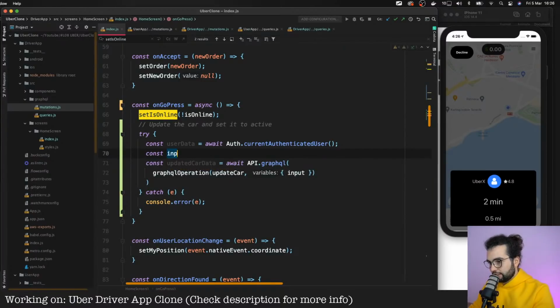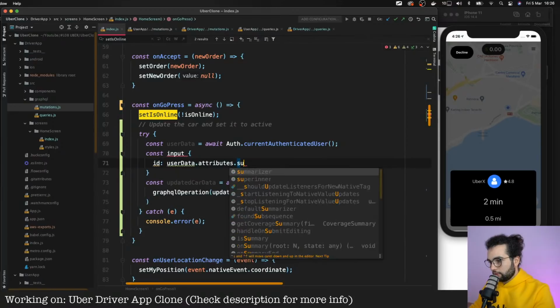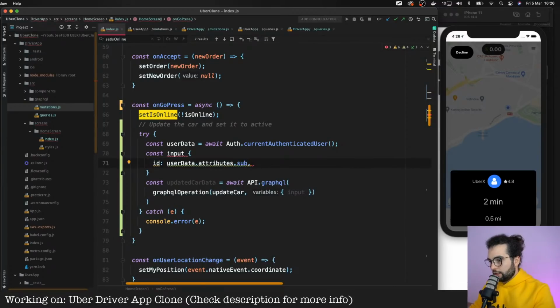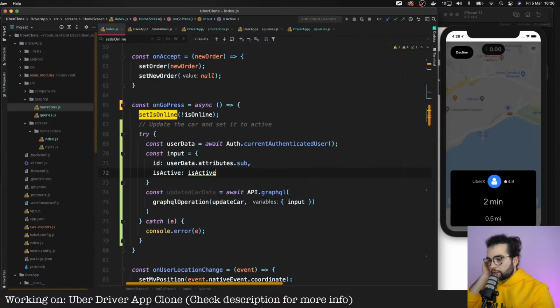So I'm going to declare it here: const input, ID is userData.attributes.sub, and isActive we're going to do the same as we did here.